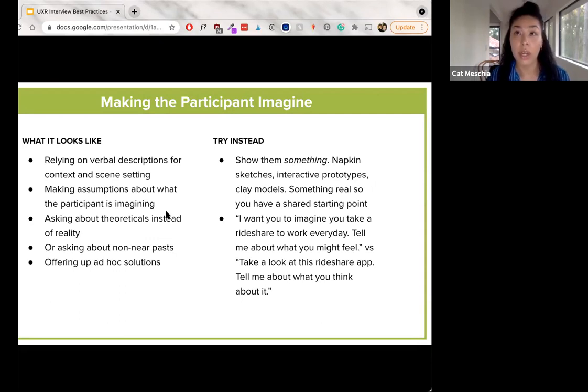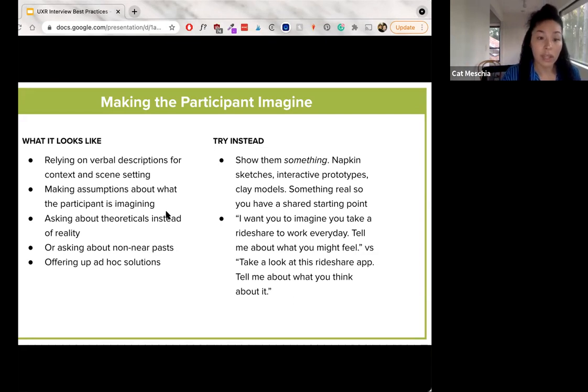For example, if I ask you to think of a chair, the way I mean chair and the chair that popped into your head might be completely different. I might be thinking an office chair. You might be thinking a beanbag. How will we know? I don't know. But I'm relying on your imagination, and without really understanding what that means to you, that leaves too much for interpretation for us to actually understand what the participant is trying to say.